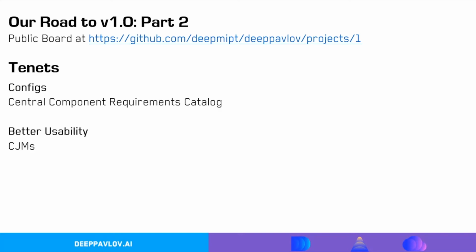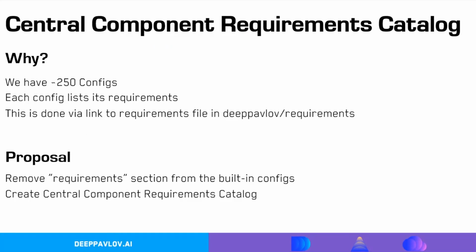The other thing is we want to create a central repository or catalog, if you like, of requirements for our built-in components. Let me dive into this. So currently in our library, we have 250 configurations. Each configuration represents a model. So it can be intent classifiers, slot fillers, named entity extraction, entity linking, and many other things. About 250 configs, that's a lot of things. And while we're going to cut some of those, deprecate in other words,